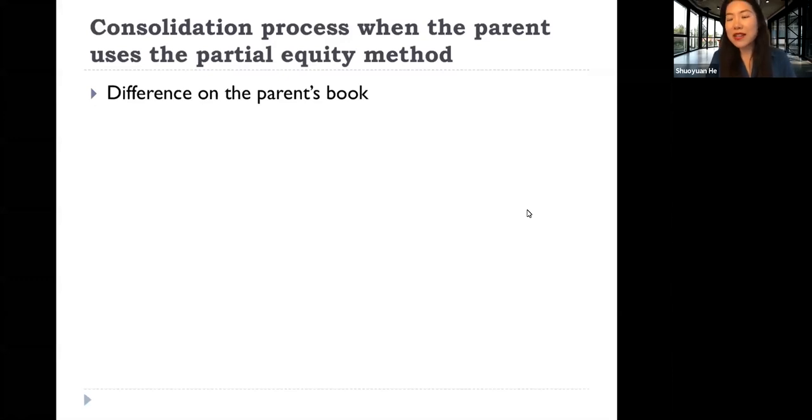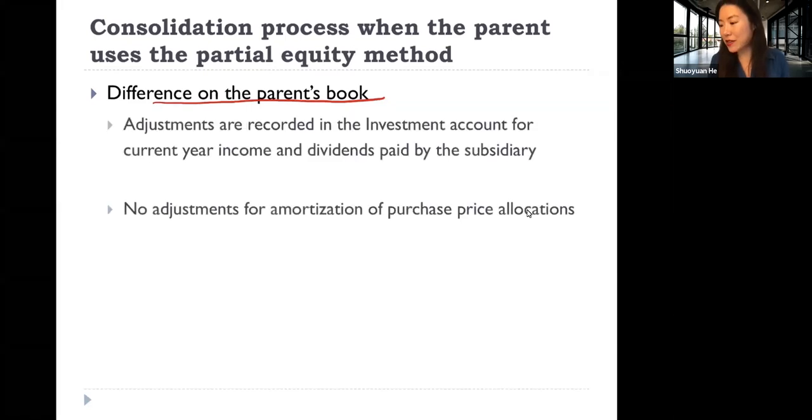We talked about consolidation in the year of acquisition if the parent has been using the equity method, or if the parent has been using the initial value method. Now let's look at what if the parent is using the partial equity method. So first, let's look at what is the difference on the parent book if the parent is using the partial equity method. So first of all, if you still remember, the only difference between partial equity and the equity method